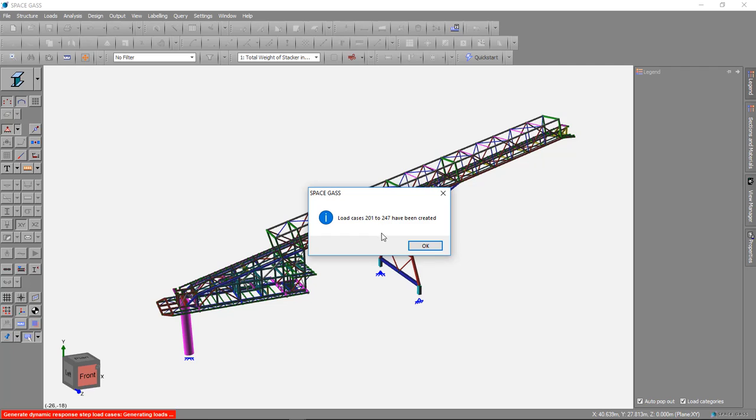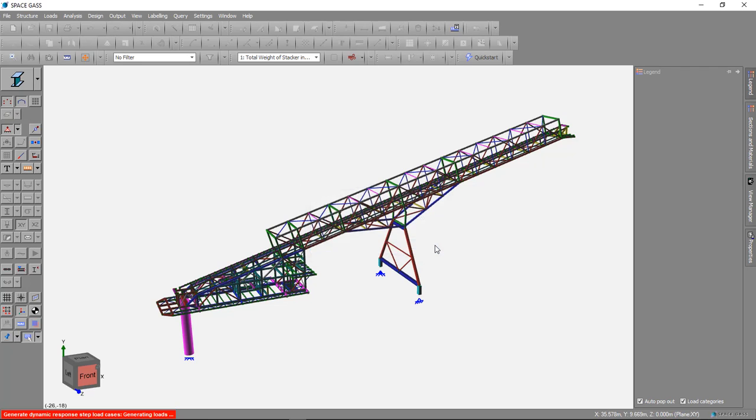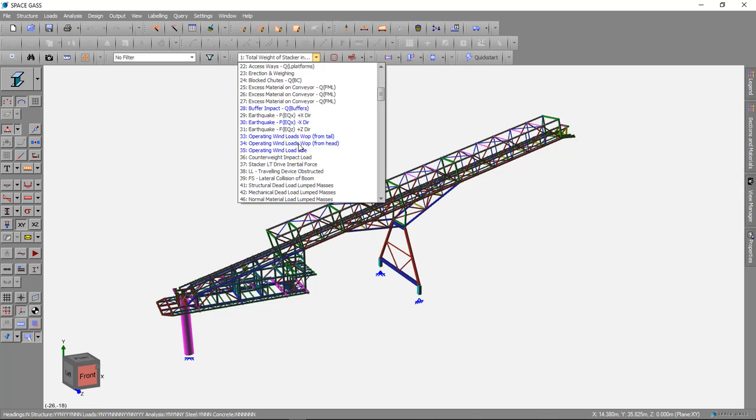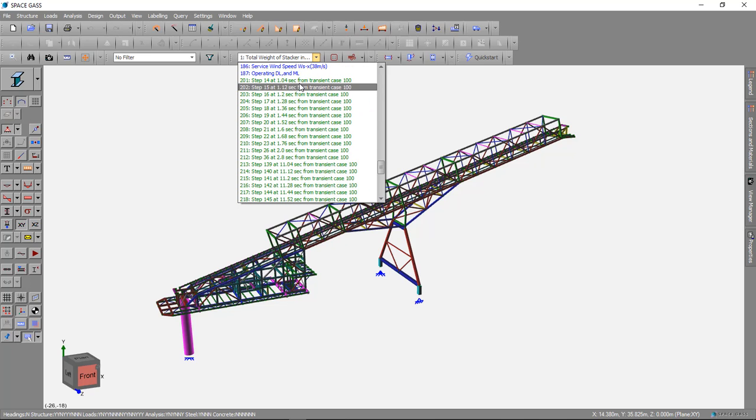So you can see there it's created 47 load cases starting at 201, and we can look at those. They'll now appear in the load case list. There they are in green, and you can tell which one each step comes from. So 201 comes from step 14. It's not choosing consecutive steps. You can see there's gaps in the steps there as it chooses the steps that give the worst results, or the minimum and maximum